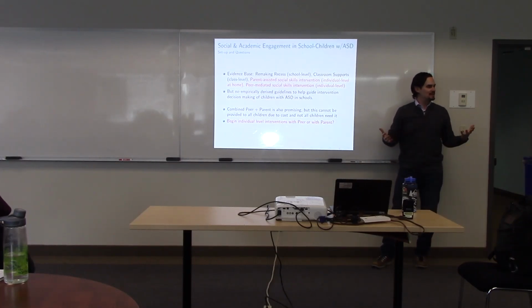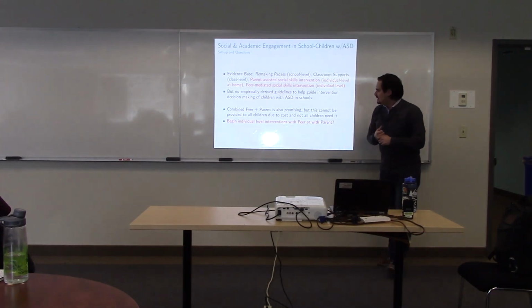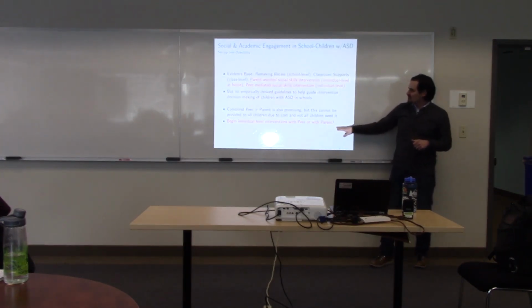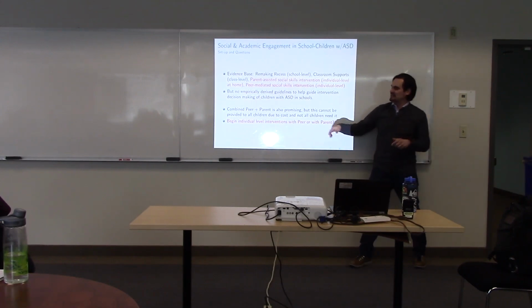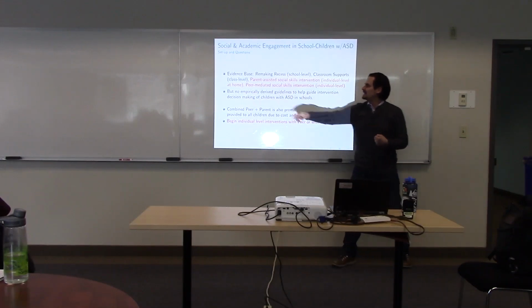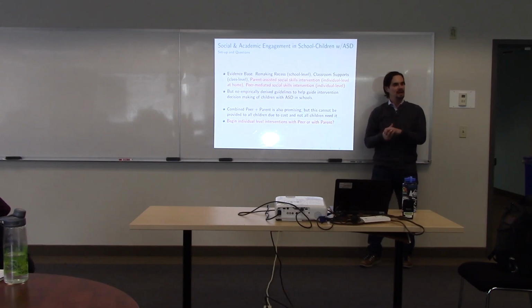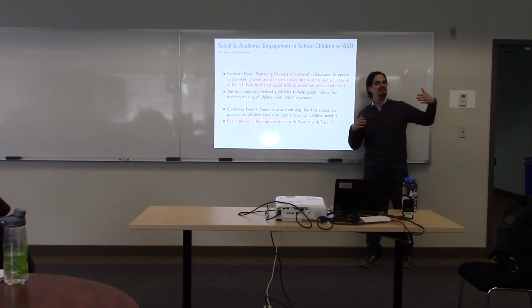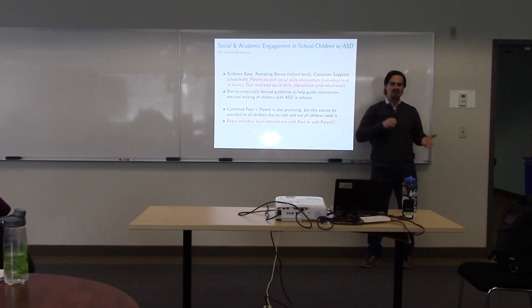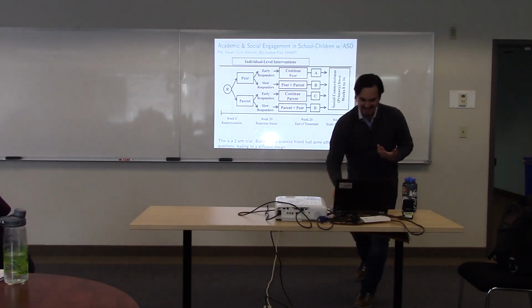That's where adaptive interventions come in, because we can't do all these interventions for all kids at the school. It's just not going to happen. There's no resources for that. So, one question we had, and we also felt that if the kid wasn't responding academically or socially, we would just combine peer and parent at the individual level. We felt pretty strongly that we would do that. But what we didn't know is, should we start with peer or should we start with parent? Should you begin intervention at the kid level through the parents, or should you begin through their peers? Okay? So that led to this study.